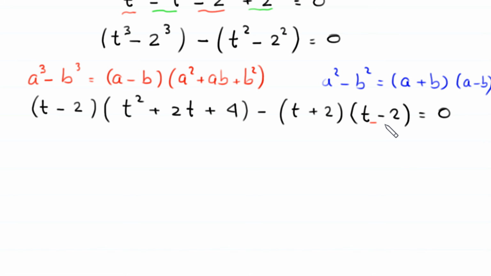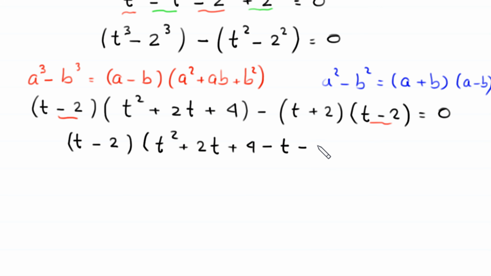This t minus 2 is a common factor, so we factor out this t minus 2, and in bracket we are left with t squared plus 2 times t plus 4, negative times t, negative t, and negative times 2, negative 2 equal to 0. Further simplify, this will become t minus 2